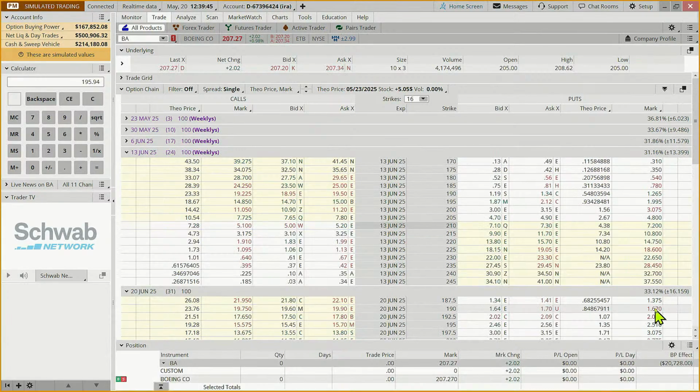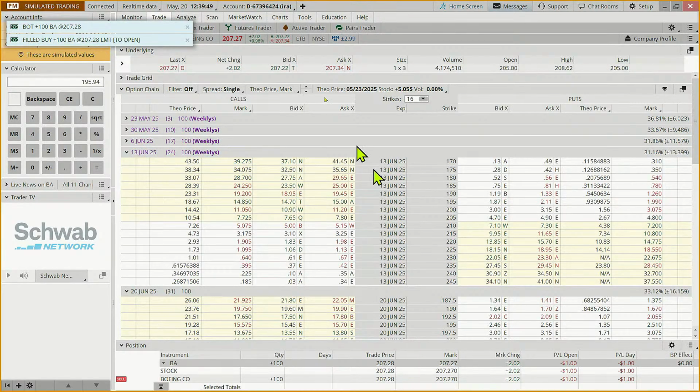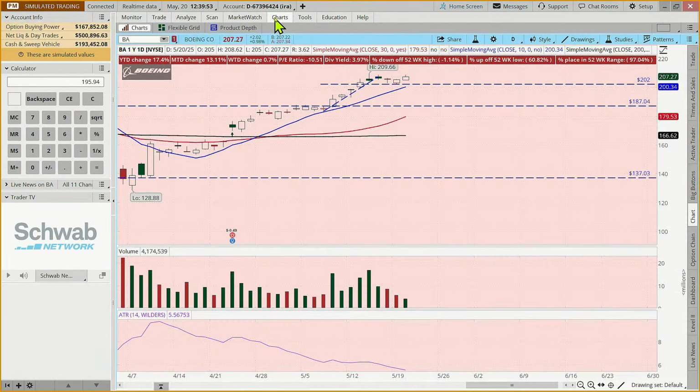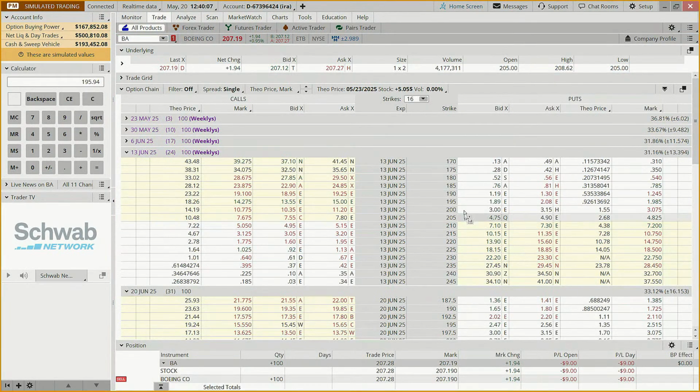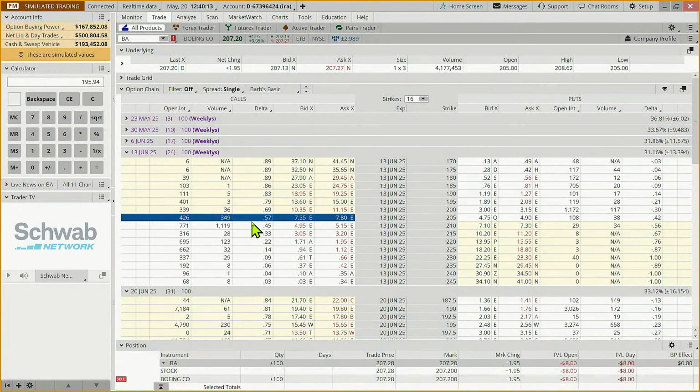Now, what if you're saying, hey, I have a smaller account. I can't afford to buy $20,000 worth of stock. Well, one, you could buy 2 or 3 shares, but could we look at this 202 support level and maybe do a short put vertical? Could we do that? We could. And the idea with a short put vertical is we're saying, hey, and again, we're going to switch this back.